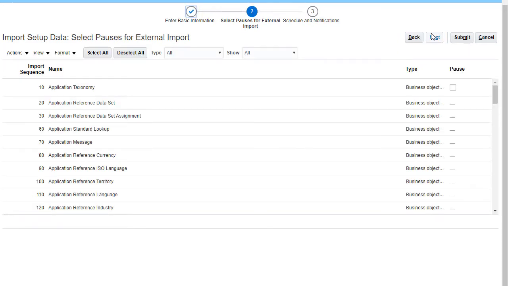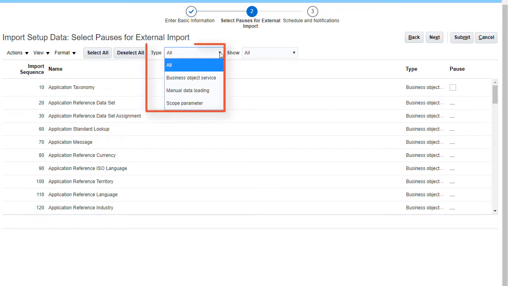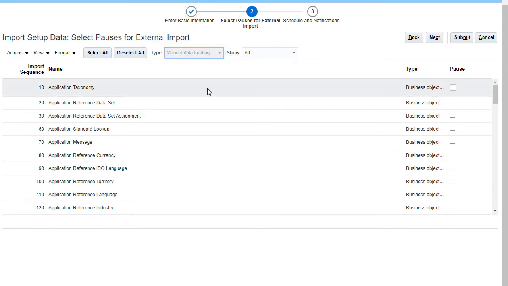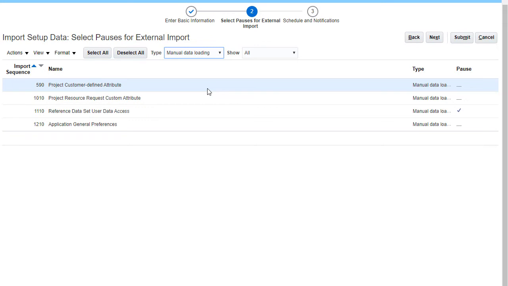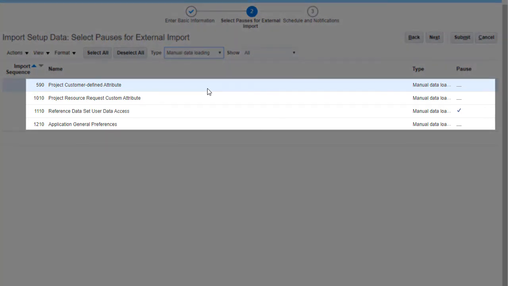Some of the setup data might not be imported automatically and might require you to create or load it manually. Filter the list of setup objects by manual data loading type to find if any such setup objects are part of your configuration package that you're preparing to import. There are 4 setup objects for which data will not be imported automatically. You'll have to enter those objects manually.